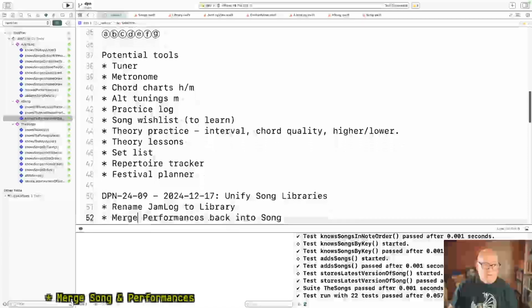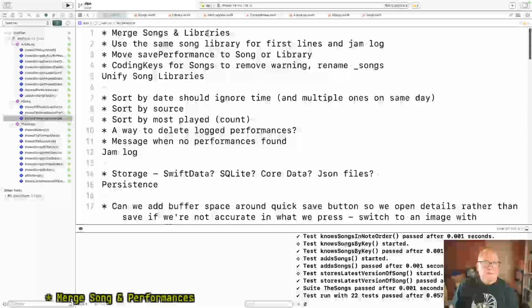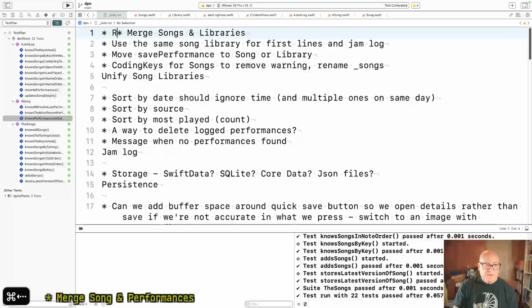Okay. And remove ID, song ID from performance.